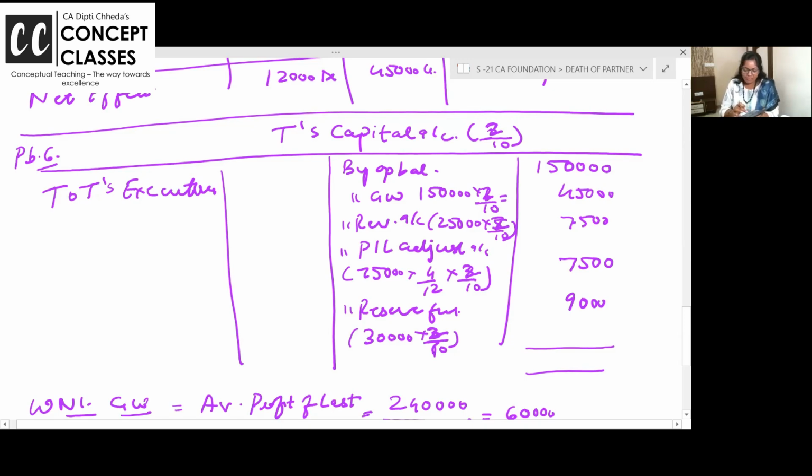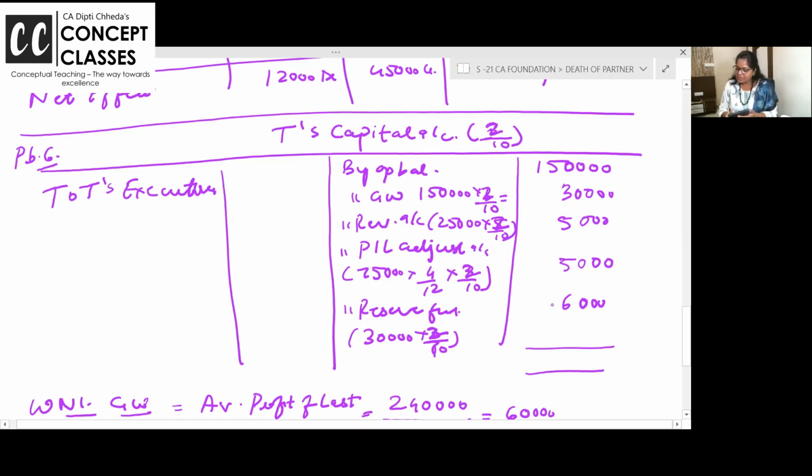Goodwill. 1,50,000 into 2 by 10, 30,000. Revaluation, 5,000. सिली मिस्टेक के लिए कोई जगह नहीं है. P&L adjustment. 75,000 into 4 by 12 into 2 by 10. 30,000 into 2 by 10. अब देखो, 150 plus 30 plus 5,000 plus 5,000 plus